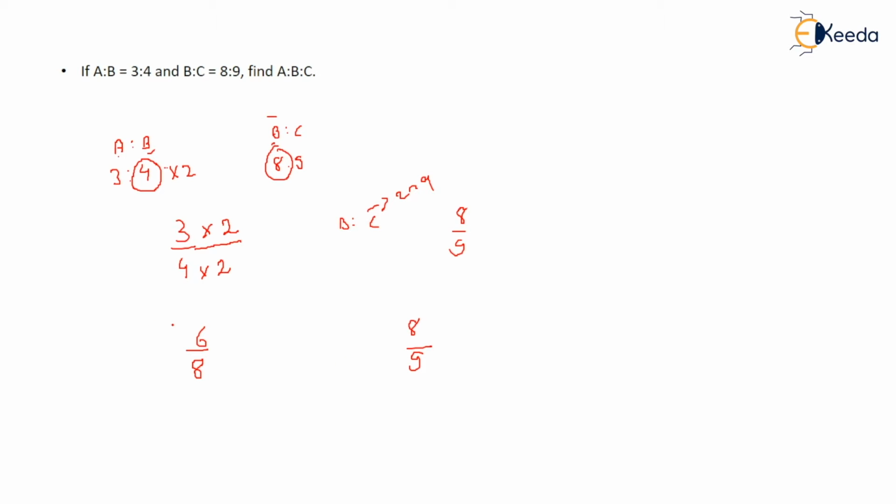Now you can compare: this is A, this is B, this is B, this is C. So what is asked of you? Find the value of A:B:C. So A, you know it is 6, B, you know it is 8, and C value is 9, right? So it cannot be cut further because 9 is something different and these are something different. So the value will be 6:8:9. Okay. Next question.